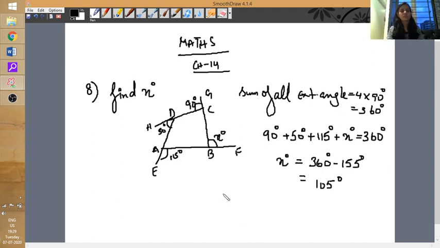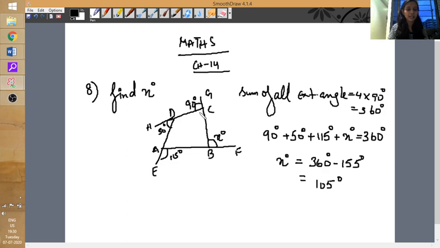Yes, so last class we did till the 7th sum of chapter 14, exercise 14a, and now we will start with the 8th and 9th sum and the introduction of the next chapter. Okay, so you can see on the screen I have already done the 8th sum for you. You have to find out x. I'm using another application this time, so it's a little bit of chaos, but please adjust. Find x degree.